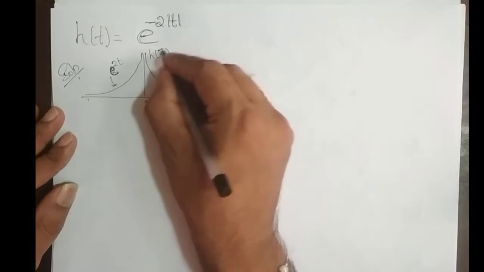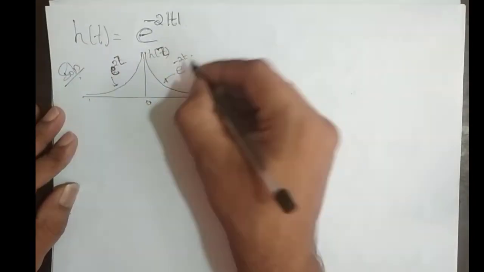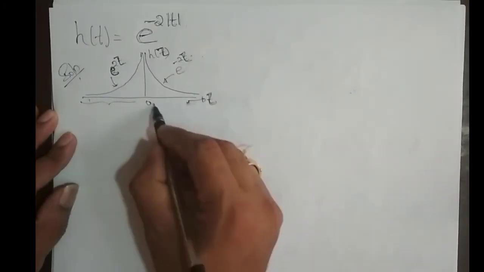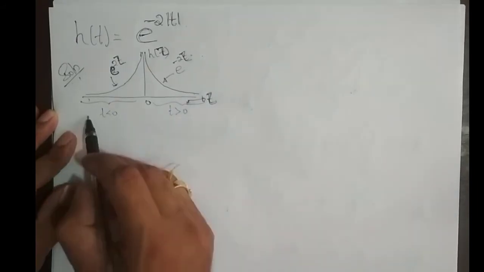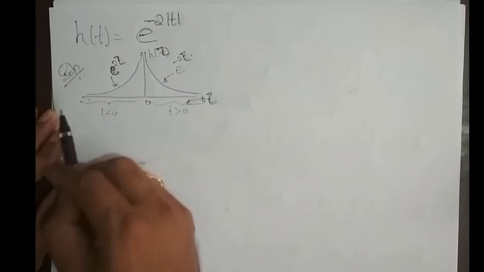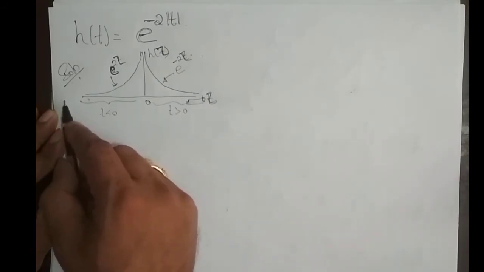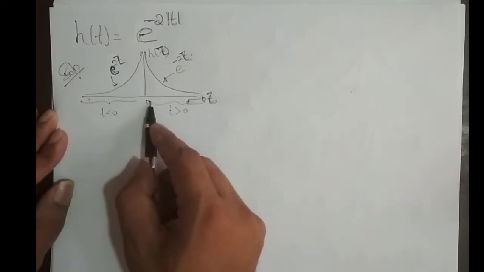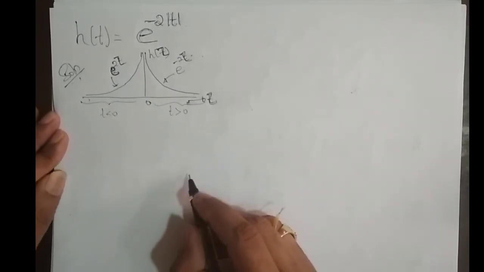Now I'll change the independent variable to tau. This is e power plus 2 tau, e power minus 2 tau. Okay, again, two regions. One region is for t less than 0, the other region is t greater than 0. The running integral for t less than 0 is from minus infinity till where I keep this t value, and the running integral for t greater than 0 is from minus infinity till 0, and from 0 till where I keep this t value. The same way as we solved in the previous problem.